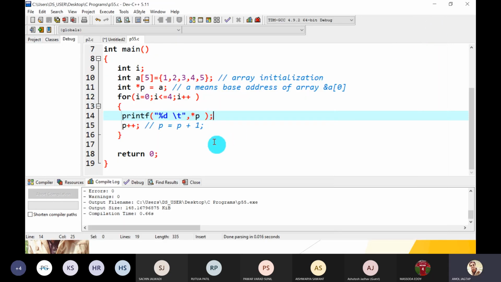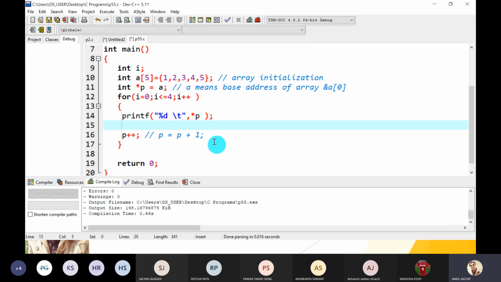Great. Now, if you want to print the addresses of that pointer, then you have to print the respective addresses. Addresses we have to print using either %u, %x, or %p. Here I write \n for the next line and print the address. So how to print the address?